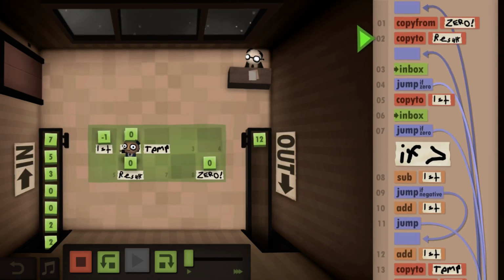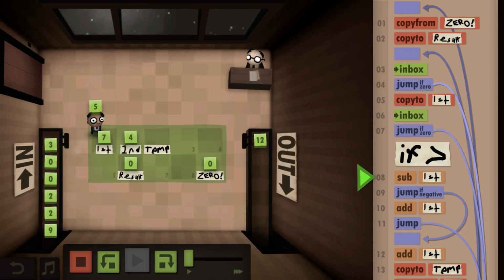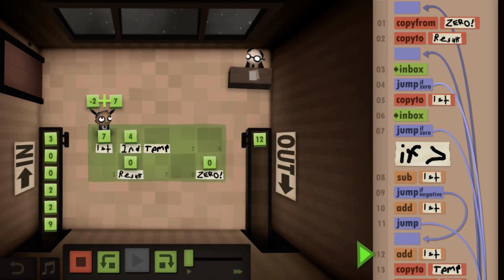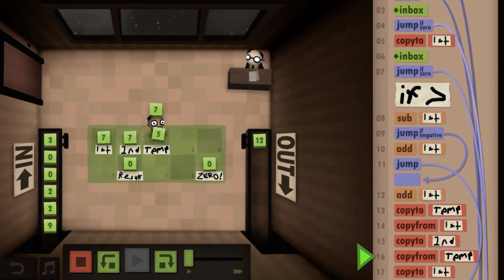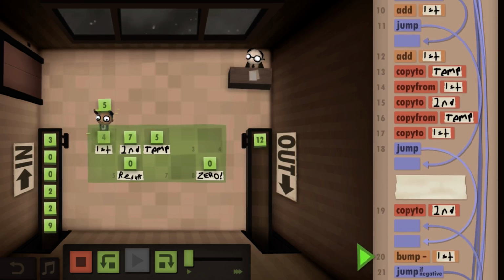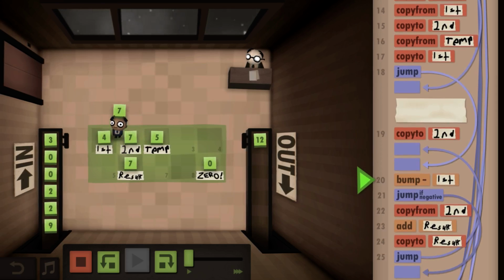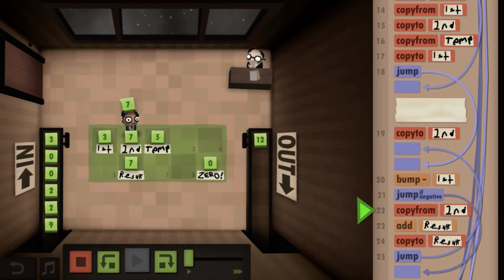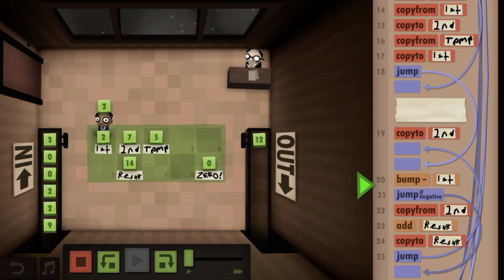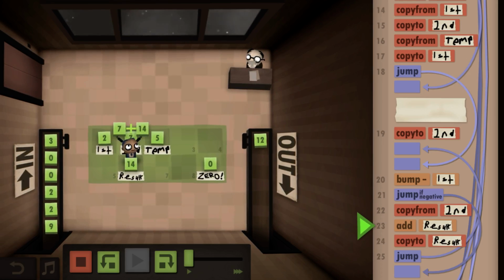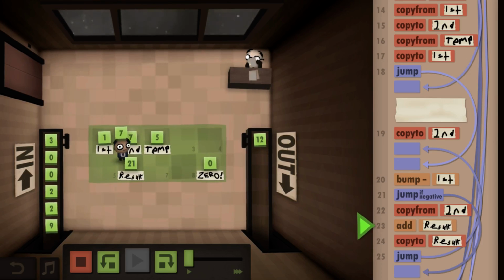Now there's more optimization we could do. We could say when the first number hits 0, just add number 2 to results one last time in outbox, instead of going back and jumping to the first, bumping it down to a negative number, testing if it's a negative number, and then getting the results. That certainly could be more optimization. Will it be necessary? Maybe, maybe not.